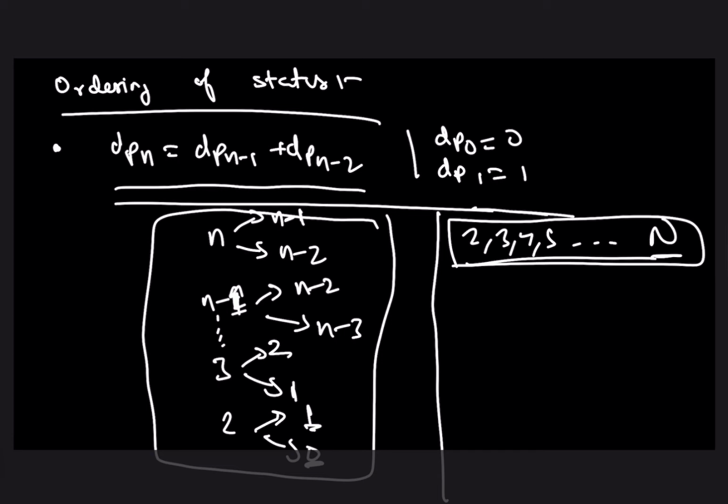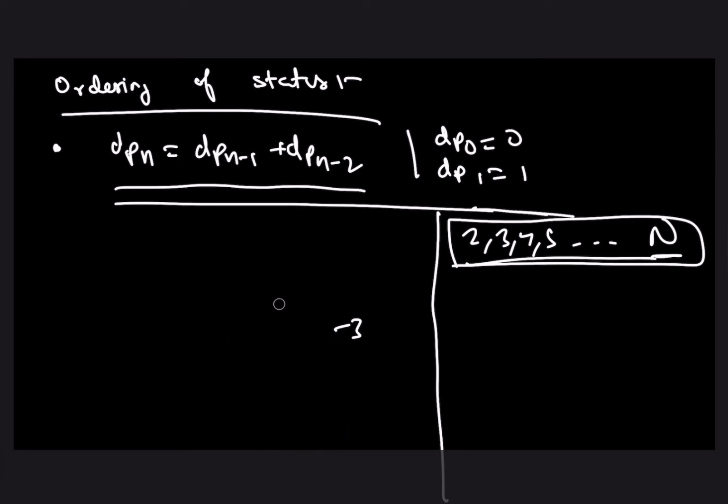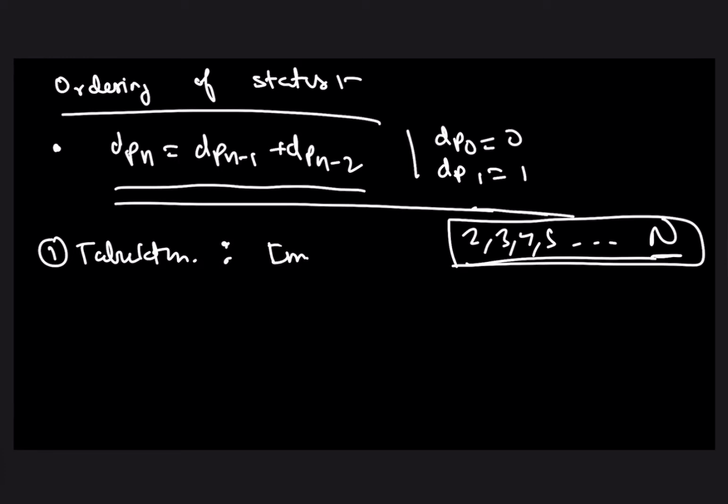All right, so let's just clean this up a bit now. So this is what ordering of states actually means in the context of a dynamic programming problem. So whenever you are tabulating, the ordering of the states is very important. That is, whenever you are tabulating, you will need to order the states. That is, you will need to find a correct topological order in which you need to solve the states.